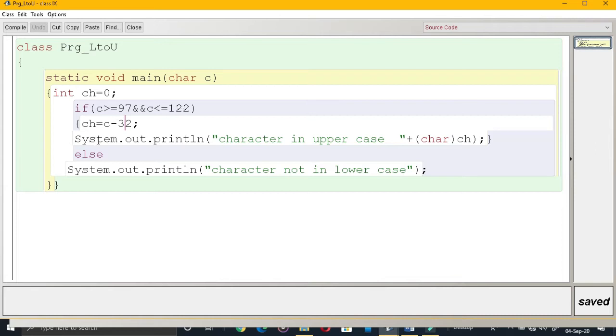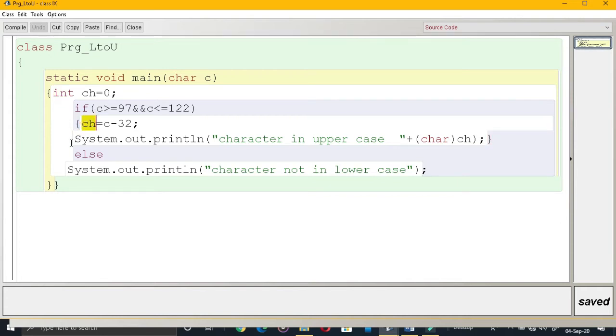Then I need to subtract 32. What I need to subtract? 32. 97 minus 32, that is 65. That 65 will be stored in ch because it is an integer variable. 65 is stored in ch.